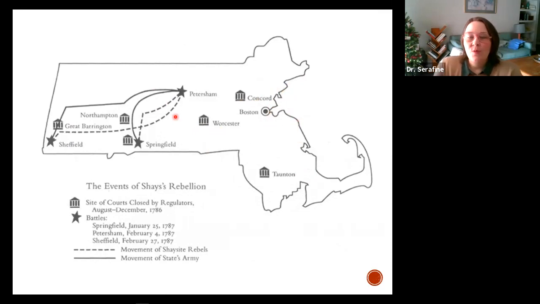So here's the situation for farmers in Western Massachusetts. Most of these farmers fought in either the state militia during the Revolutionary War or they fought in the Continental Army. When they were mustered out, they were not paid. Congress had no money, states are broke. Officers were paid. Enlisted men were not. What they got instead was an IOU, a bond.